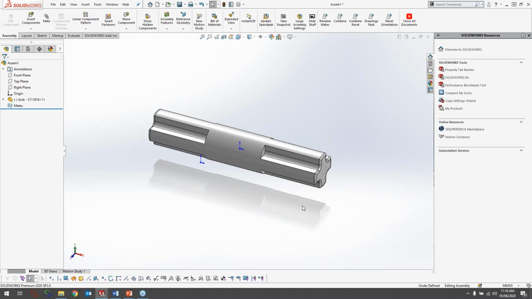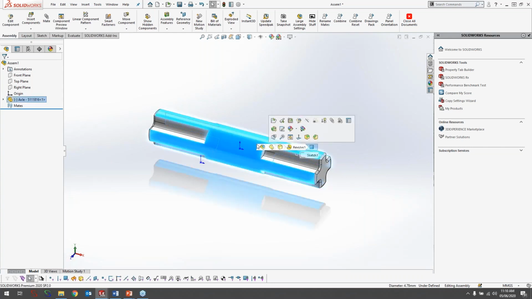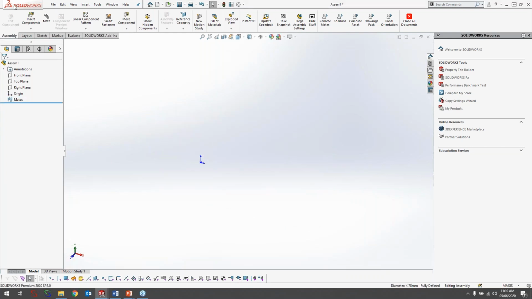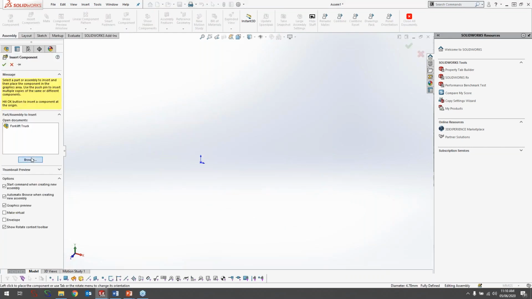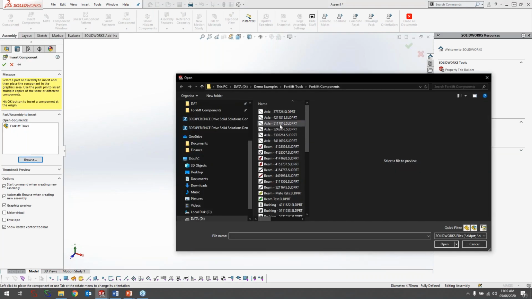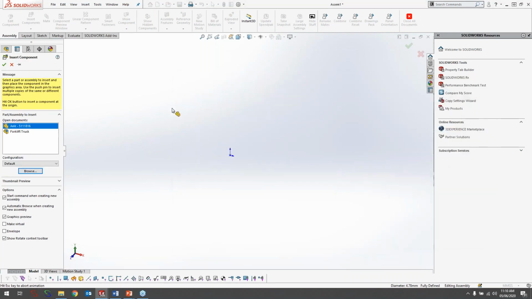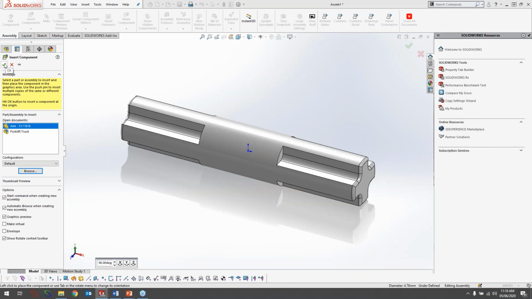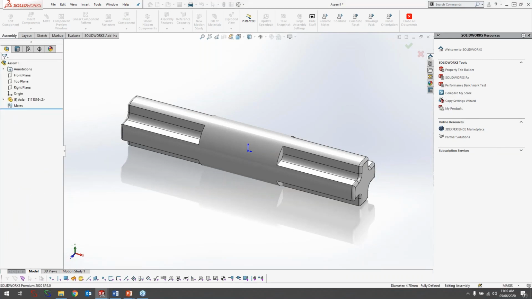Now, to avoid this whole thing, instead of clicking on the screen, the best option is to do something slightly different. I'm going to delete this. I'm going to bring that in again. And instead of clicking on the actual screen, I'm just going to click on the green tick. If you click on the green tick, I don't need to go through the hassle of floating the component and then mating it in place. It will just do it automatically for me, and it will basically align the origins for me.